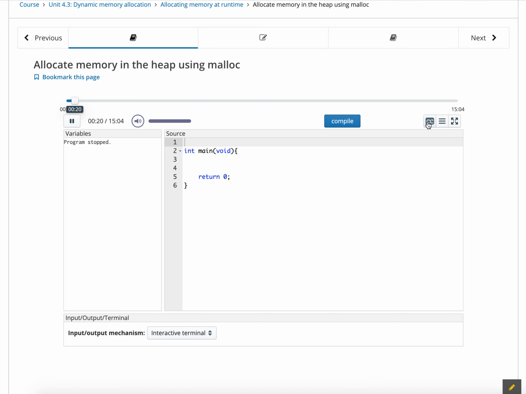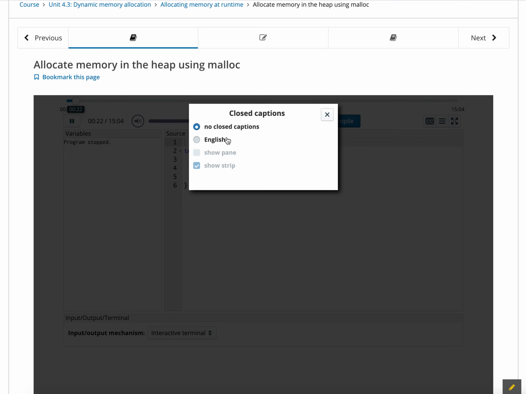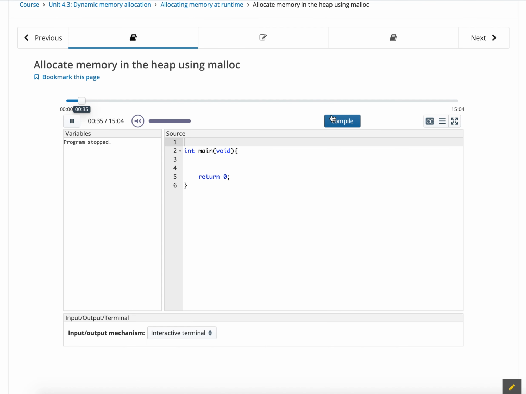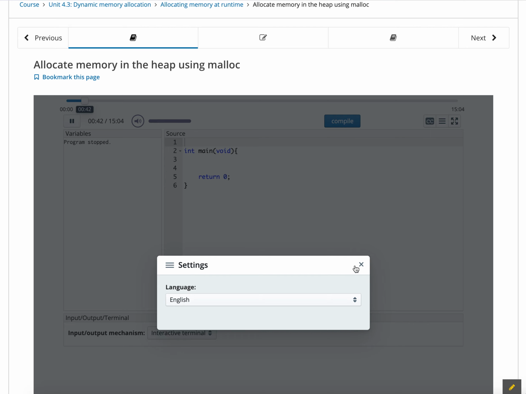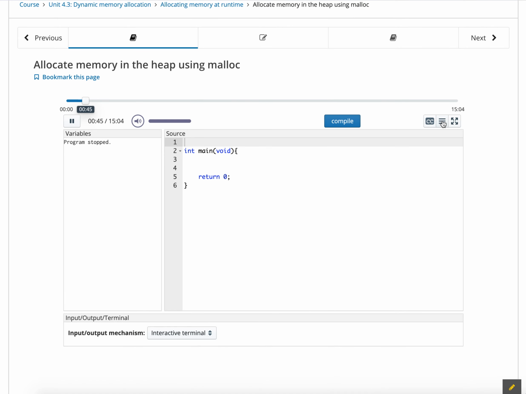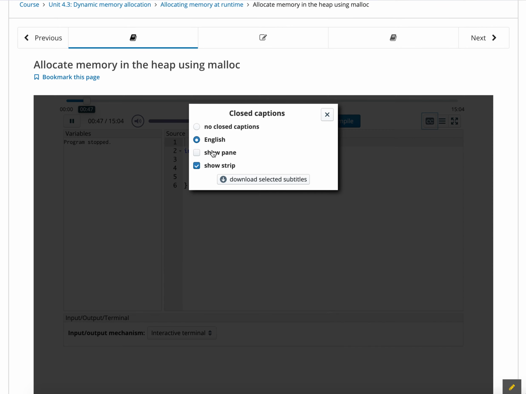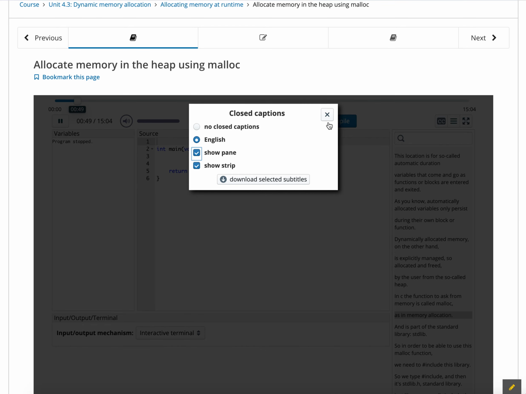This location is for so-called automatic duration variables that come and go as functions or blocks are entered and exited. As you know, automatically allocated variables only persist during their own block or function. Dynamically allocated memory, on the other hand, is explicitly managed, so allocated and freed, by the user from the so-called heap. In C, the function to ask for memory is called malloc, as in memory allocation, and is part of